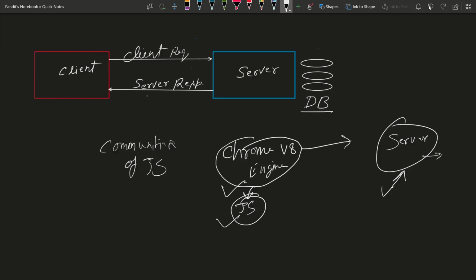So this is totally possible because of placing this Chrome V8 engine on the server side. That's why we are calling this a runtime environment. Now Node.js is what? Node.js is a runtime environment of JavaScript. Understood? Are you getting my point?